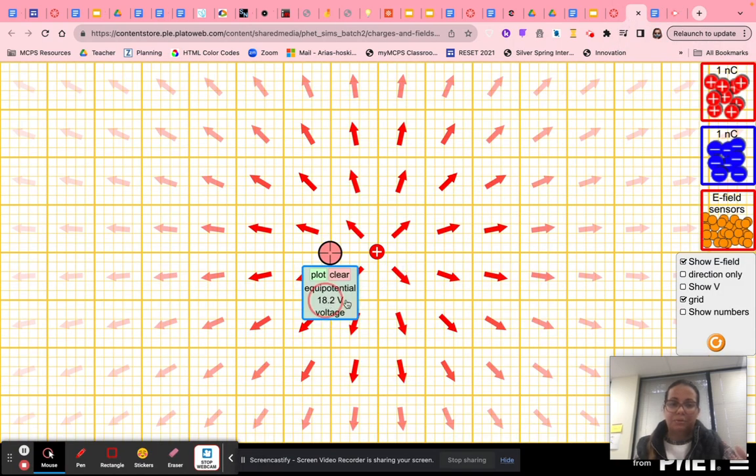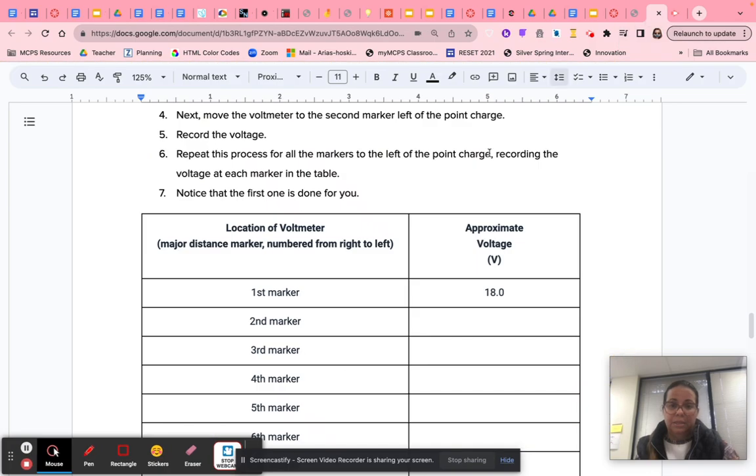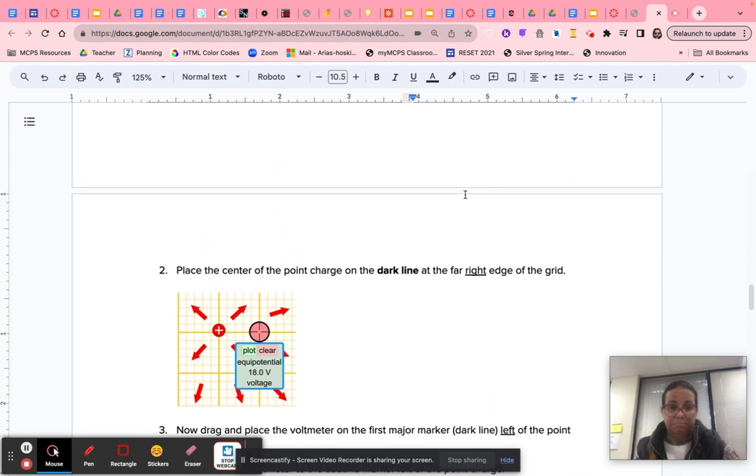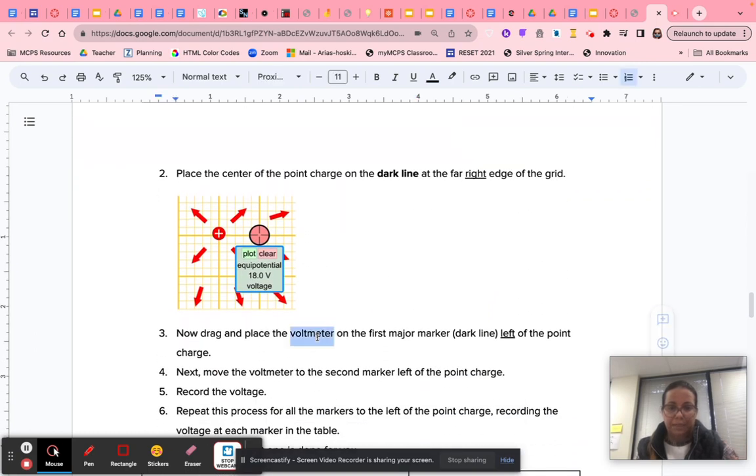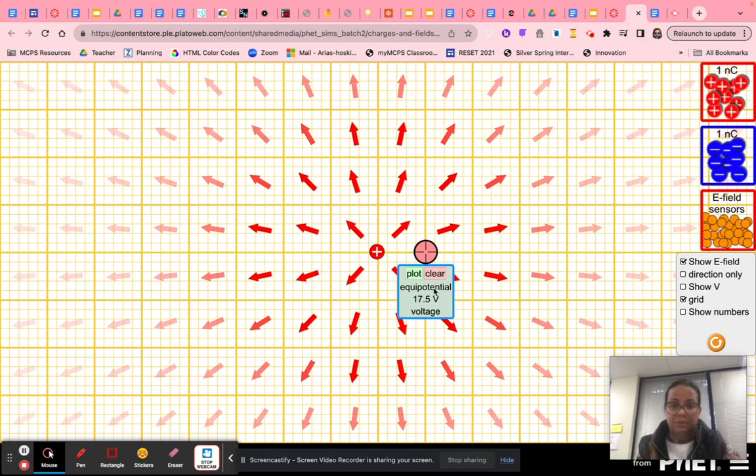When I go to the right side, it's approximately 17.5, so that's actually 18. You're going to put in here 18 for the first marker. The second marker is the one that says number 3 over here. You're going to drag and place the voltmeter on the first major marker, the dark line left of the point charge. So you're going to go back to the simulation,